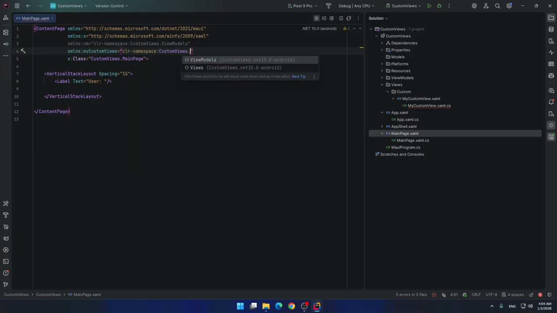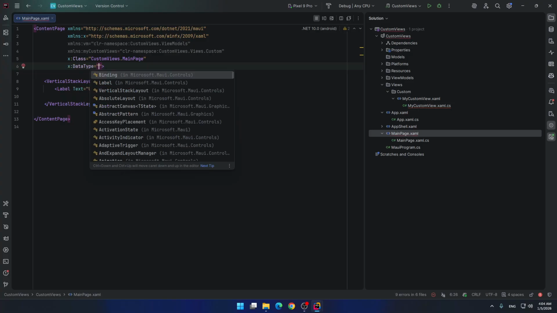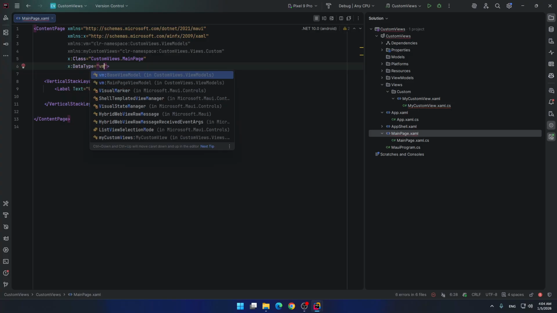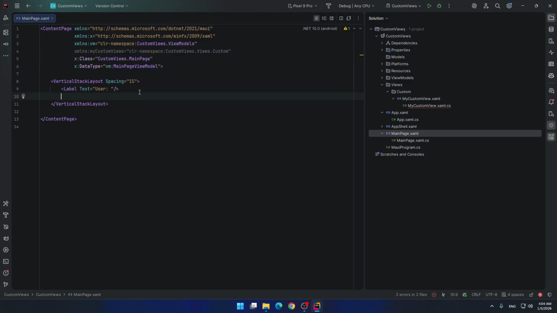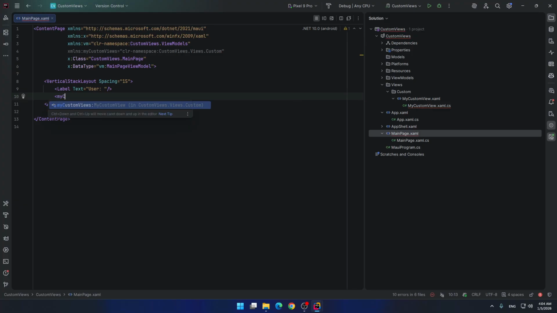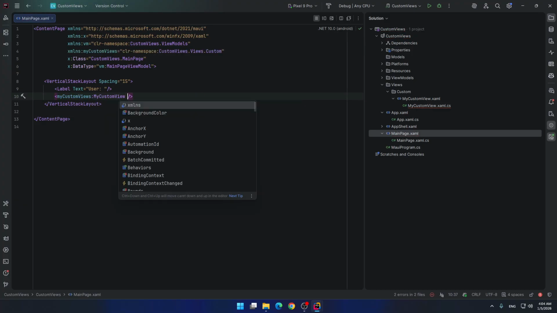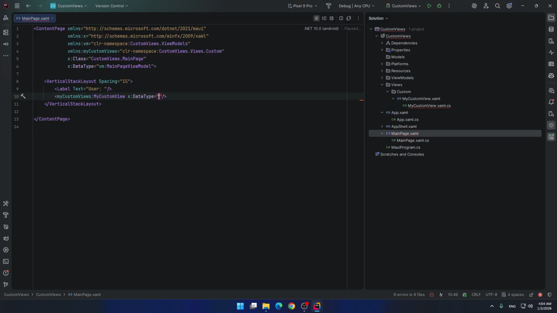Give it name this views and custom. As a data type for this main page, we should give it main page view model. Let's use our custom view, and for data type we give it main page view model.